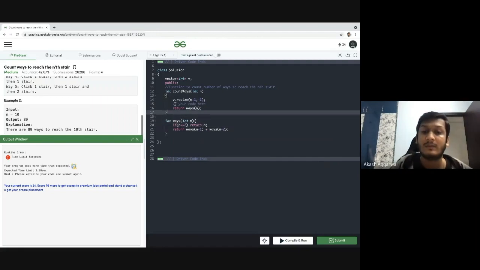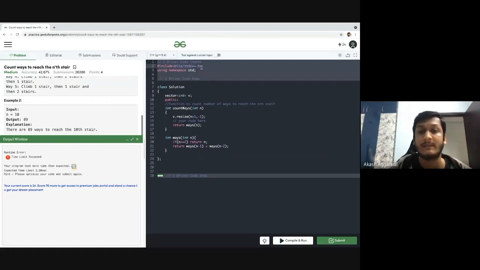Then what will this function do? So this is the STL container vector. Let me expand this. It comes from this bits/stdc++.h file. This is the library which will bring all of the containers and functions inside this STL. We could have used hash include, and inside the angular brackets we could have directly written vector to just include the vector container. This is the best programming practice, to not include all the containers, but to include the particular one which we require.